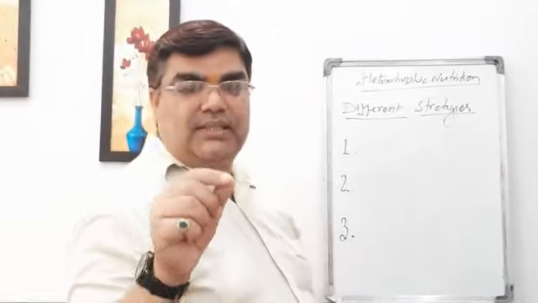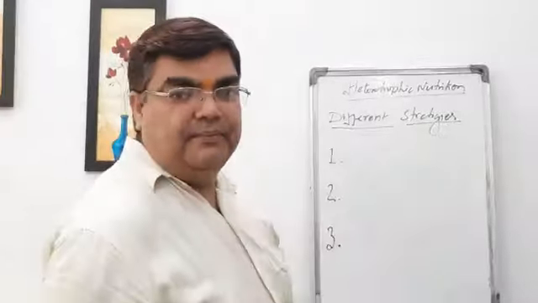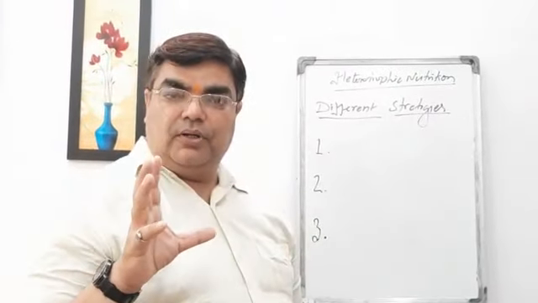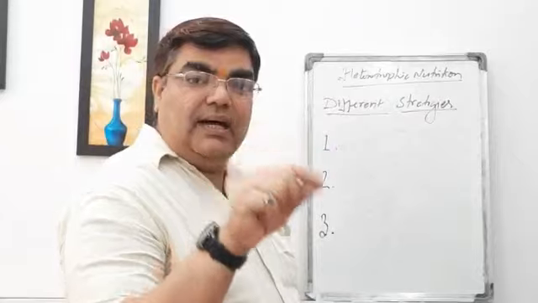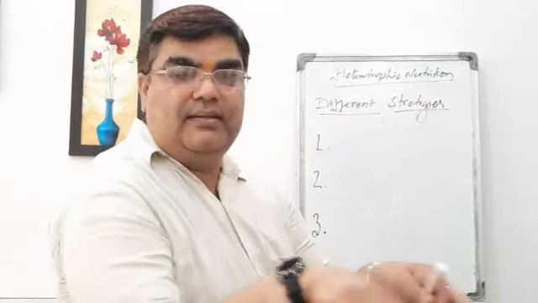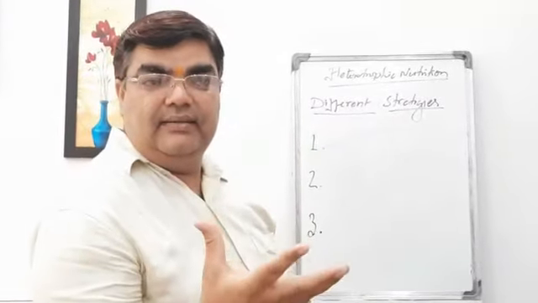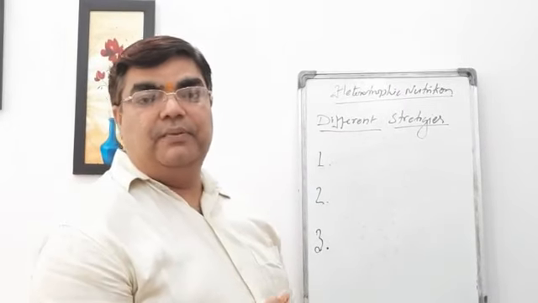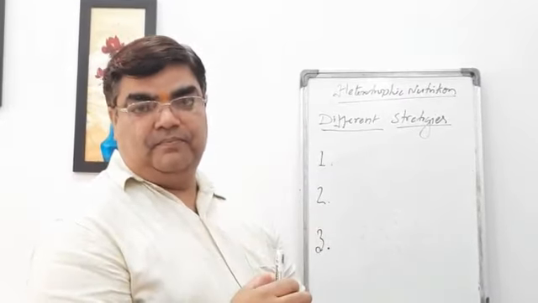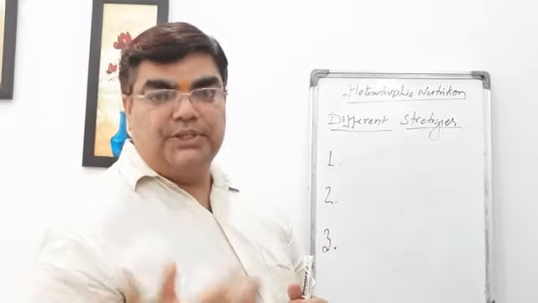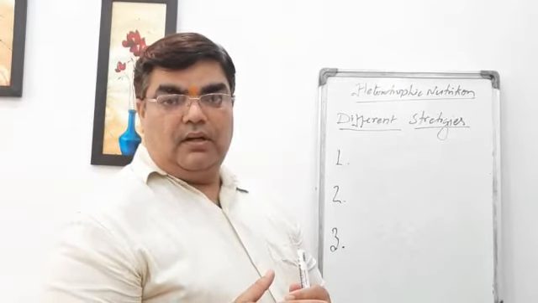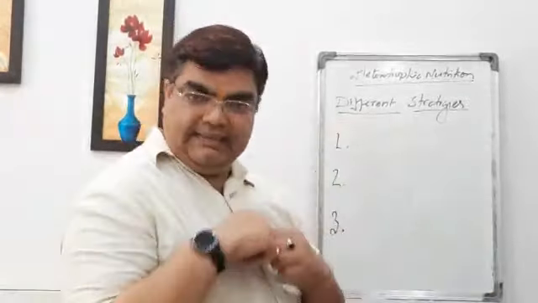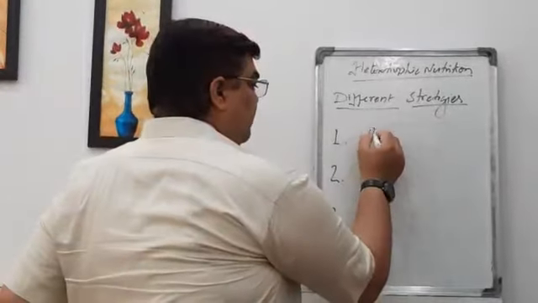Now I am going to discuss these three in my own way. So the first category, the individual first of all breaks the food outside the body and then takes it. For example, fungi. For example, yeast, mushroom. All of these just break the food outside the body and then take it. So first of all, they break,